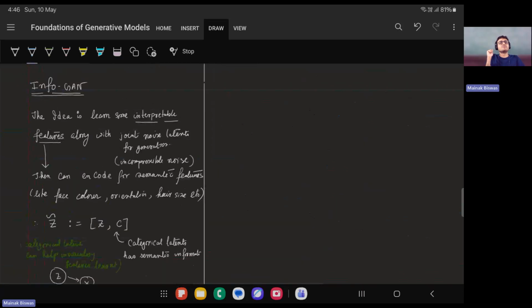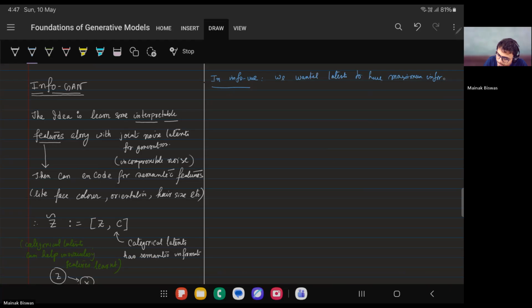Some GAN models have been very popular in the literature. These have been seminal papers, and they have been used to understand data better. Remember we have done Info-VAE, right? We are going to do an Info-GAN here as well. In Info-VAE, we wanted latents to have maximum information about data,